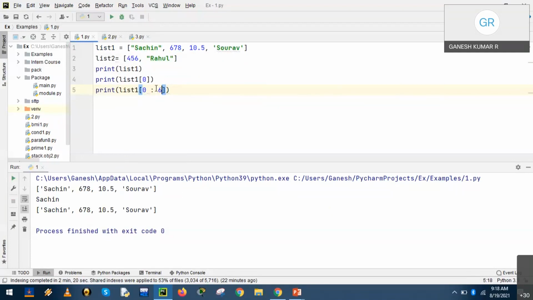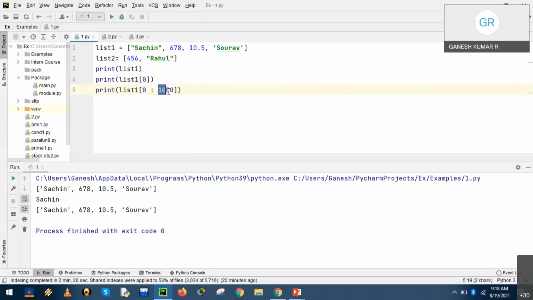Even if we have the slice operator with an upper limit of any value, the Python interpreter will consider only the existing value. Even if we have 1000, it doesn't matter. It is a valid integer, isn't it? The upper limit is greater than the lower limit, so obviously it is a valid value.